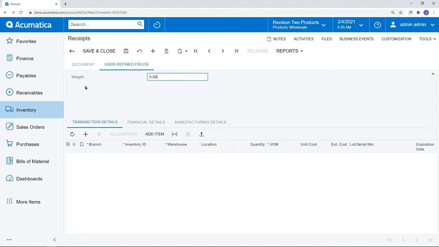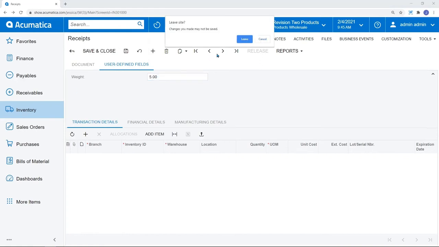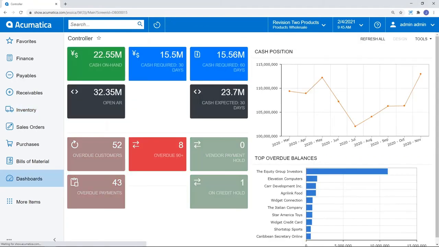Maintaining different things like date fields. We have a requested date versus a ship date on the shipping side, you name it. User-defined fields are not only needed by almost all Acumatica clients, but they are very, very easy to add in a flexible system such as Acumatica. So that's a little bit of a taste of how we can help you save some time and money around personalizing your system.